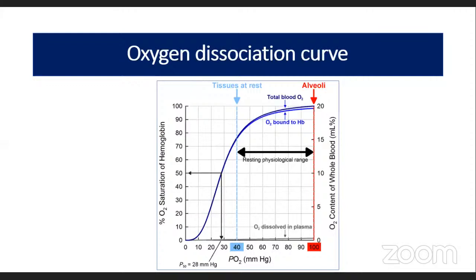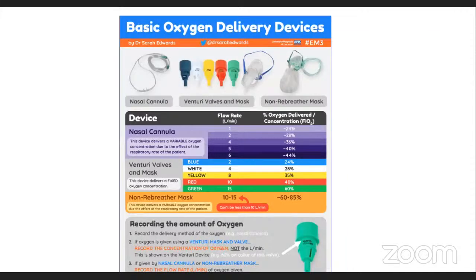But this target level of saturation depends on the patient condition, patient background history, and patient chronic problem. You might give oxygen to 88 to 92. Some patients you go beyond 94 level. These are the oxygen delivery devices, and with the flow rate,